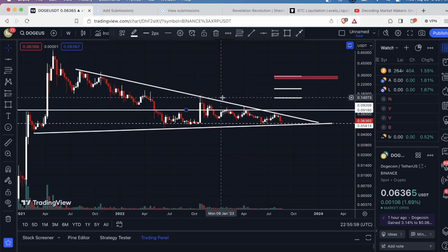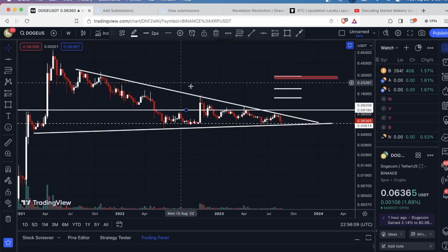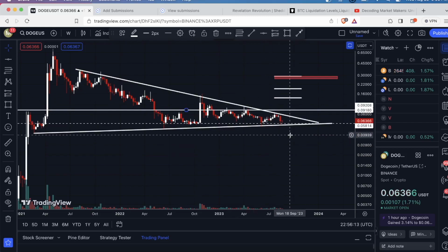So if the price breaks out of this downsloping level of resistance, the first line of resistance is going to be right here again, and that'll be around a little bit over 9 cents. Now, I would think that if we start closing a weekly candle above this downsloping level of resistance, that's going to bring a lot of enthusiasm into the market, and I don't think this level is going to hold. I think we're going to hit these upper targets. The first target I have here is going to be around 14 cents. The second target is going to be around almost 19 cents, and this upper range here is going to be between